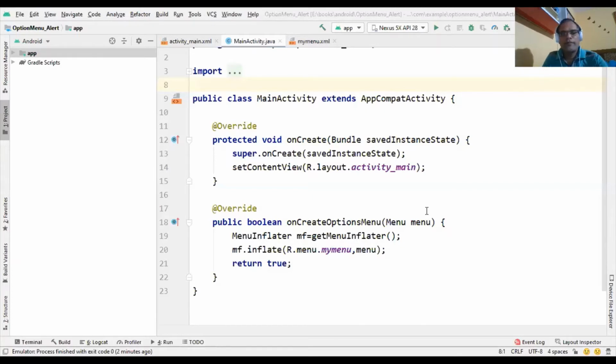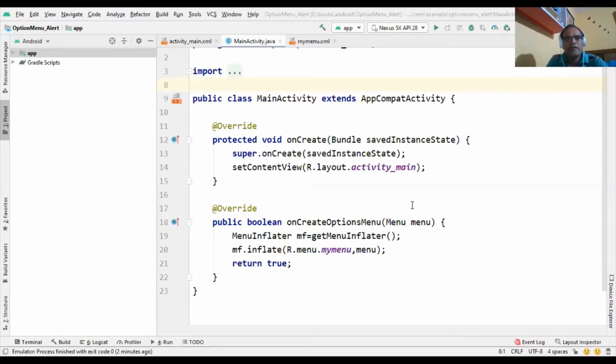Very good morning. Welcome to my next video lecture, how to create an alert dialog box in your Android application. This is the last project in which I created an options menu. Now with this application, I will also create a dialog box.